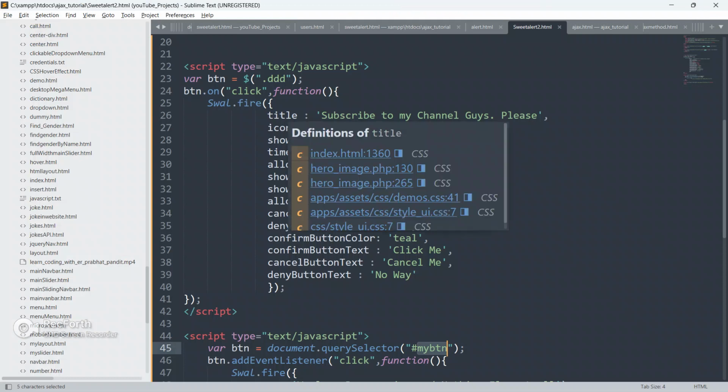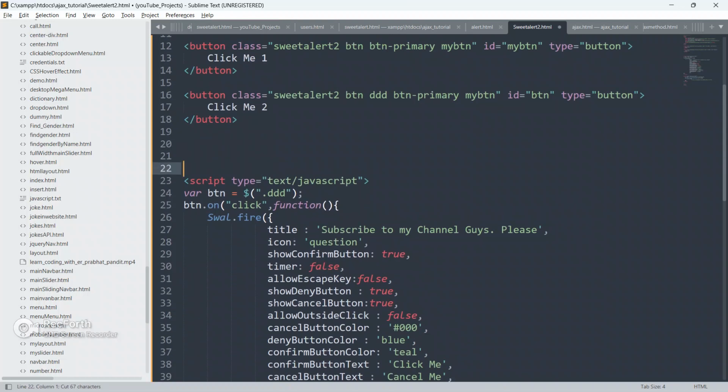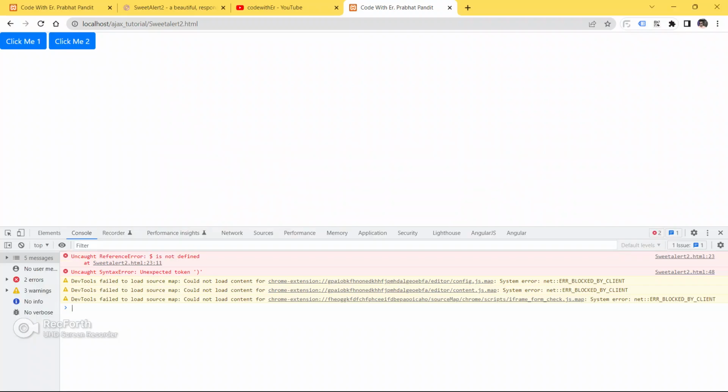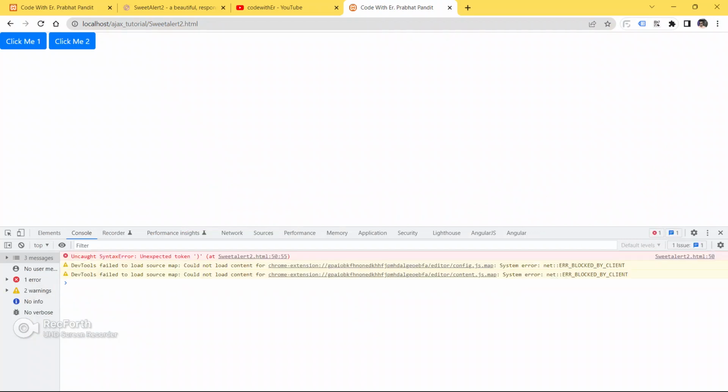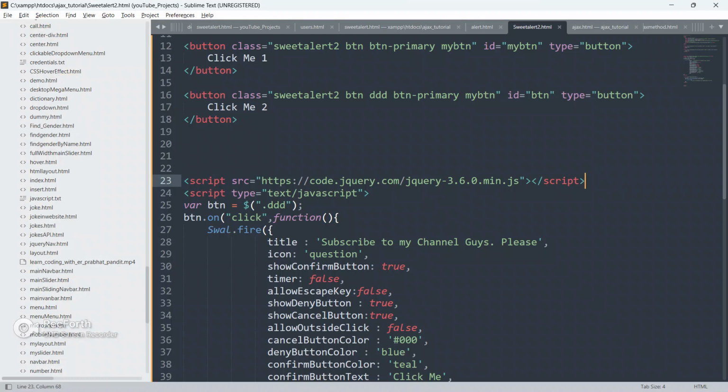Inspect this code. It is showing 2 errors. Okay, copy this jQuery and put it above. So save your code, go to the browser and refresh your page.